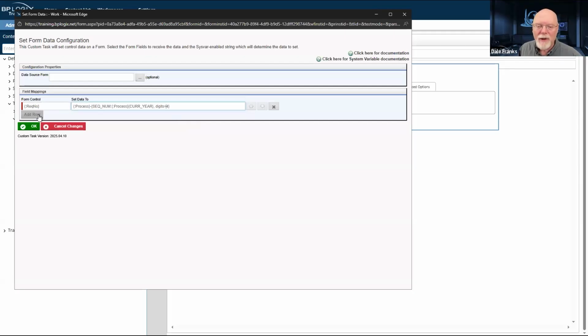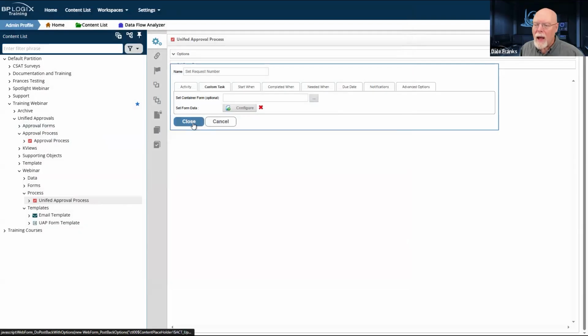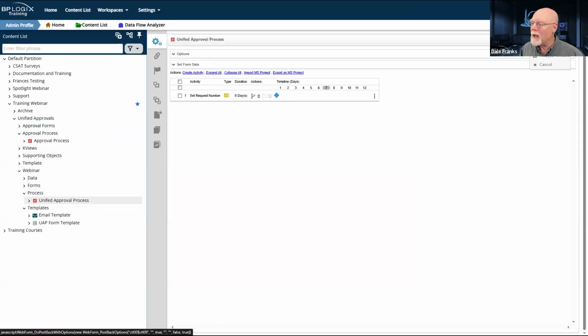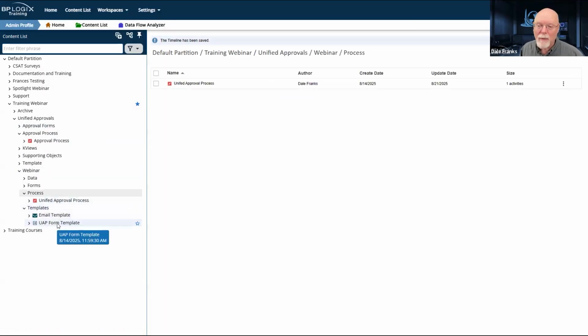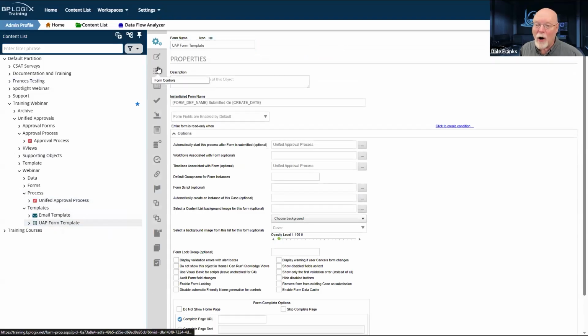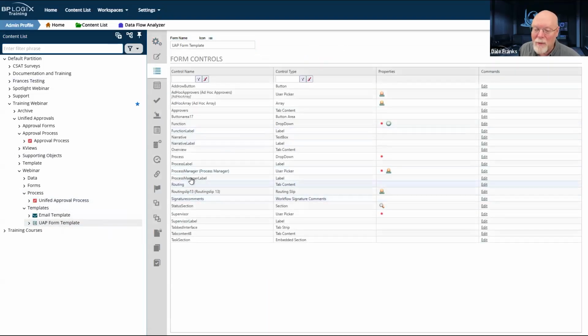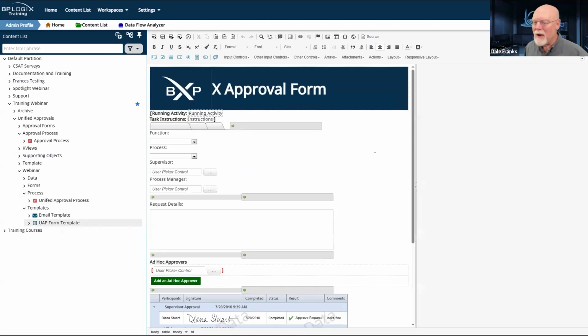I don't know that my field name is RecNo, however, but for now, we are going to hit OK. And we're going to close that and we're going to hit OK because I do need to check my form to see what, in fact, I called the request number field. I don't remember what the name was. LMNOPQR routing slips. I find it difficult to believe that I did not put in a request number for the form, but I certainly don't see it. So that may have been an oversight.